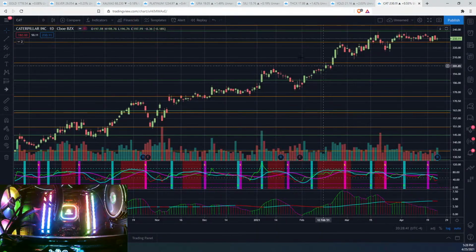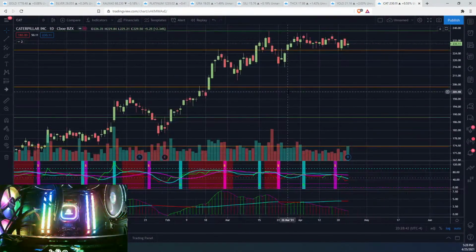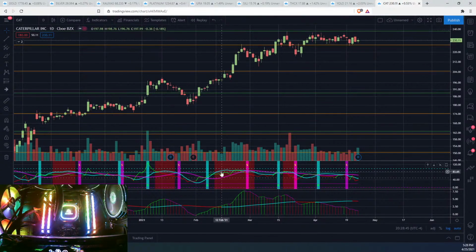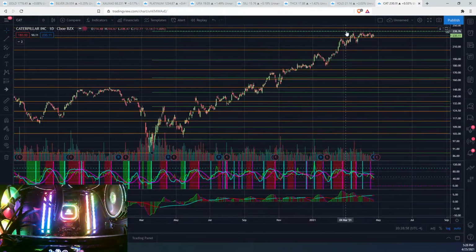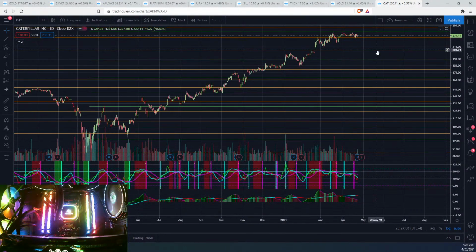So, Caterpillar. We were looking at this one again on the divergence that had been playing out. We had quite a bit of bearish divergence showing up on the chart itself, and basically 3 drives of bearish divergence here on the daily at the top of the range. We had anticipated it topping out at our green Fibonacci level right here as well. So this looks very likely that we're topping out here. We could easily make it up to like 245 bucks, hit that next fib level in orange there,